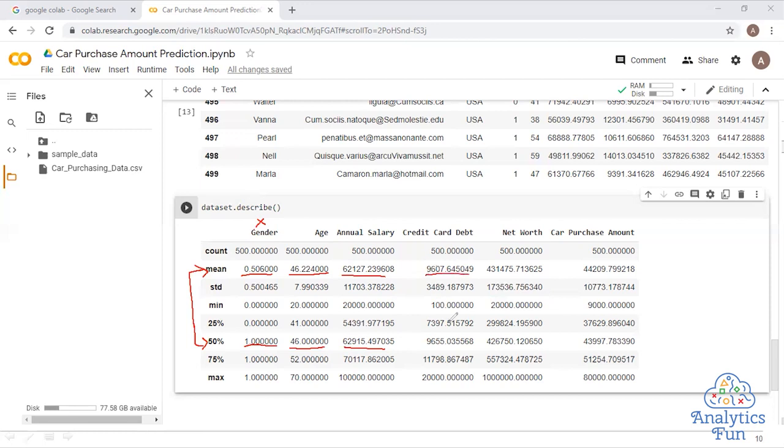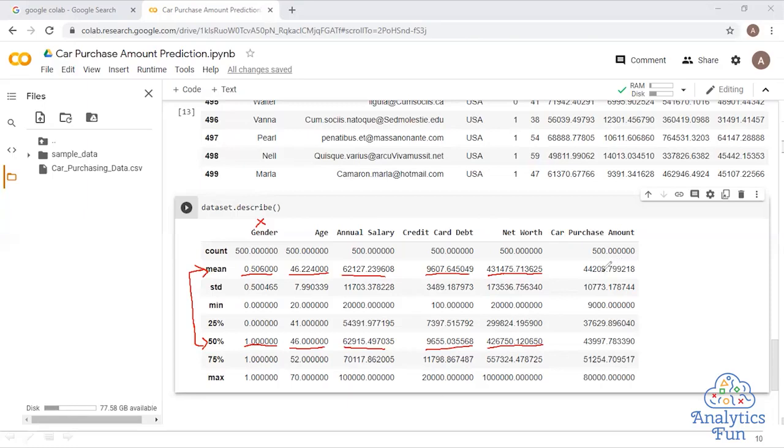Credit card debt is almost 9,600 for both, so again very close, and the data is not skewed here. Then 426k and 431k, a difference of only 5k. So again the mean and median are quite close, so the data is not looking positively skewed or negatively skewed.